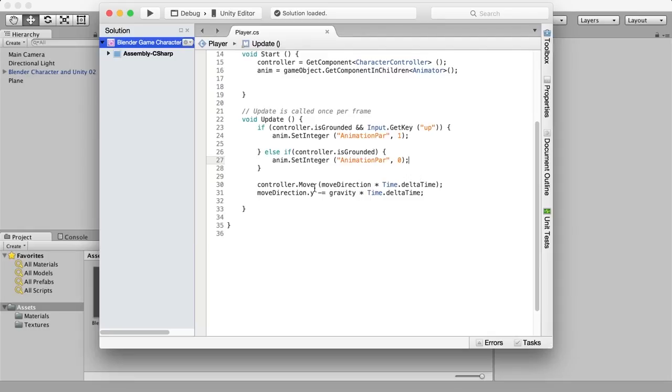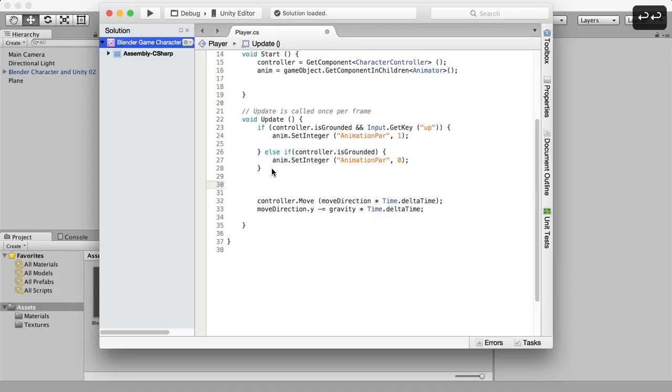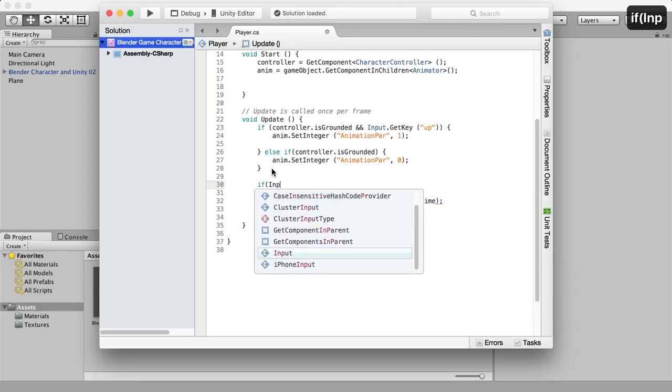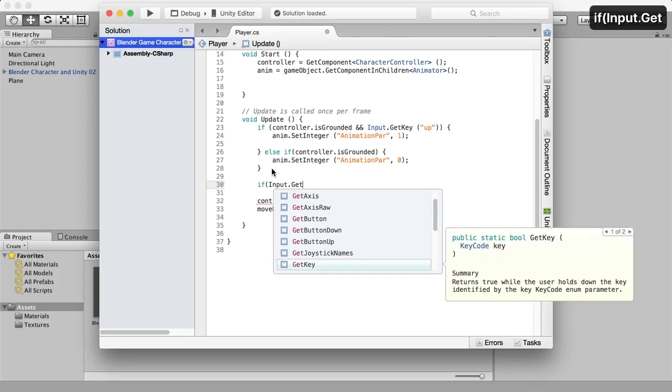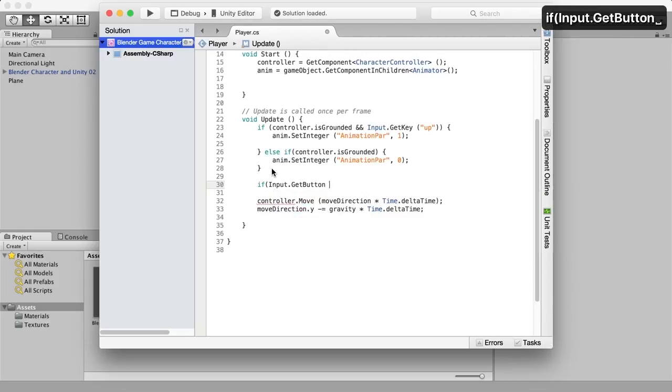And what we're going to need is a couple lines here that's similar to our if statement that basically says if the spacebar is pushed down, then change the animation parameter to 2. But in addition, we're also going to need to give it force upward, a jump force. So let's begin on that. I'm going to go ahead and just right here below this if statement, I'm going to begin by saying if we've got input coming in from a button that Unity calls jump, which is the spacebar,